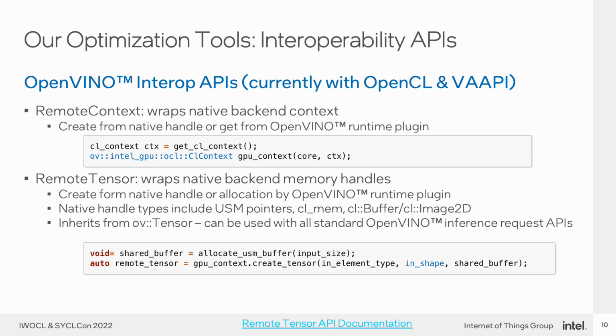On the OpenVINO side, interoperability is also defined with respect to the compute backend. It is abstracted using the remote context and remote tensor classes. The remote context wraps the native backend context, for example an OpenCL context. This object can be created from an existing native backend handle, as shown in the example code, or a default context can be retrieved from the runtime plugin. The remote tensor is an abstraction to wrap native backend memory handles, such as unified shared memory pointers or OpenCL memory handles. The examples show how to create a remote tensor object from an existing unified shared memory pointer within